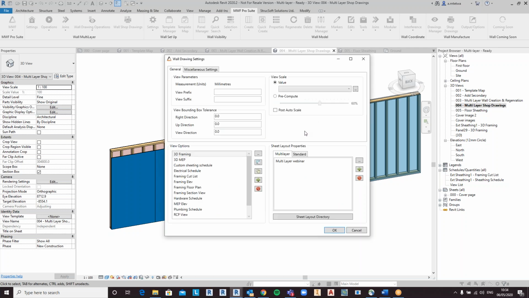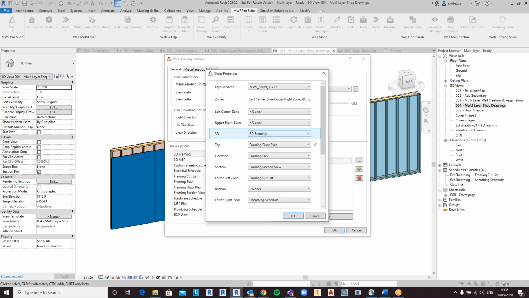This window will now appear on your screen, and this is where we can begin to make some adjustments and alterations to our shop drawings. So I'm first going to look at the sheet that I have present in these settings, named MultiLayer Webinar. If I have that selected, I can click my three dots. And here are the actual properties for the